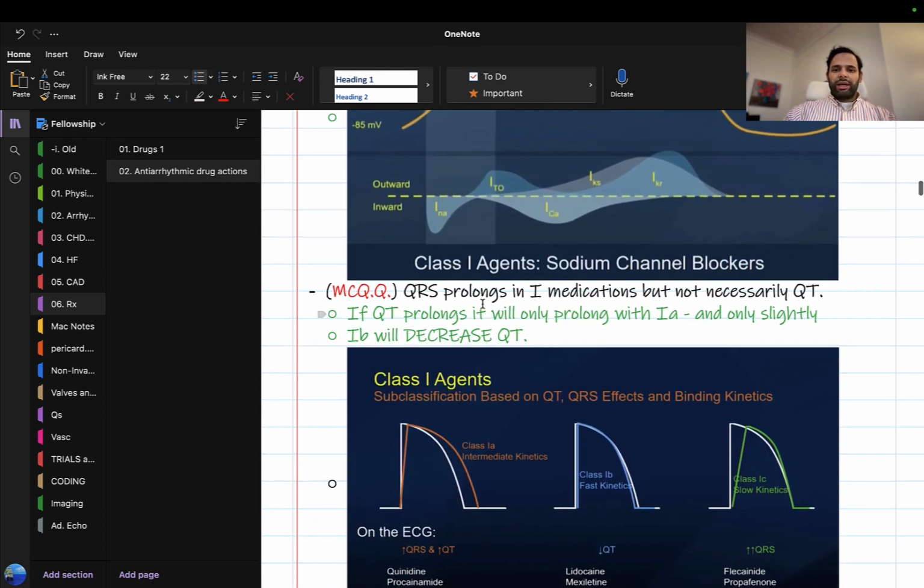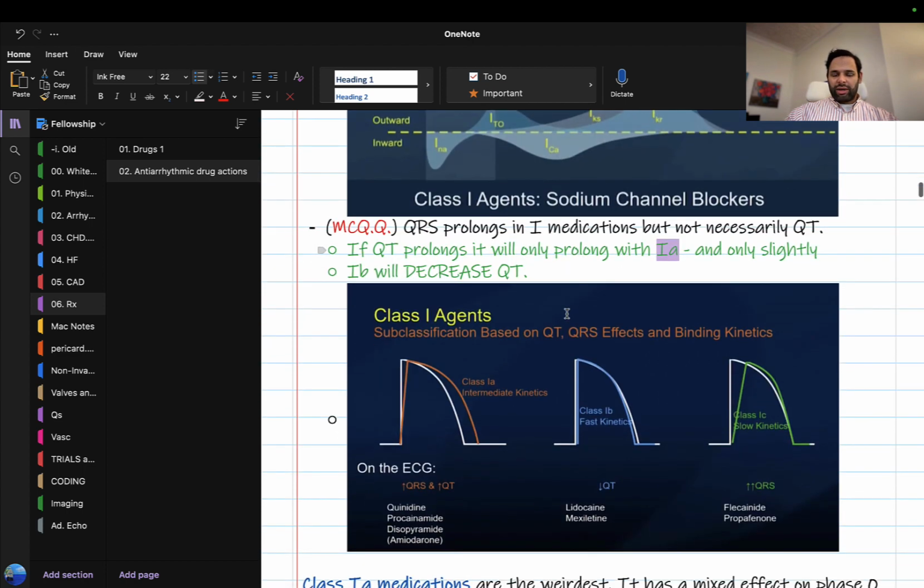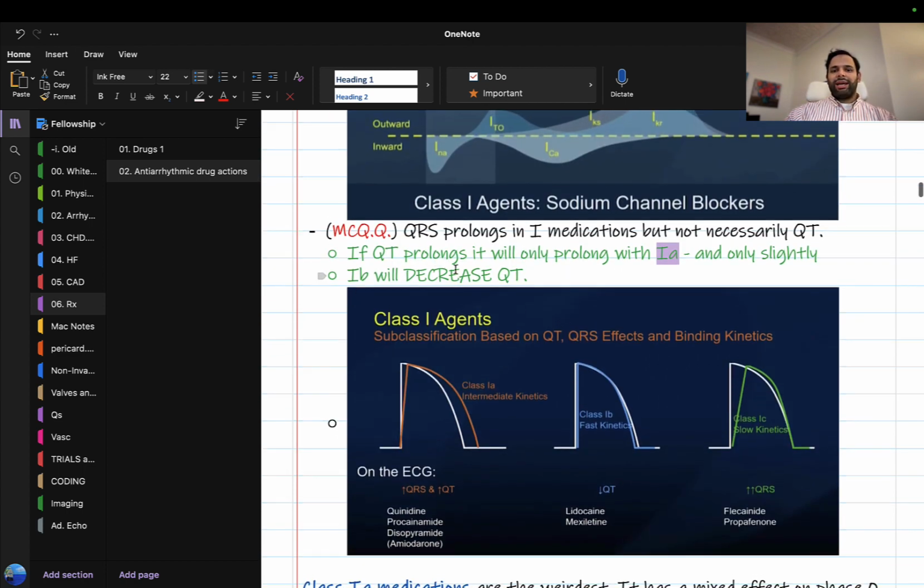QRS prolongs with class 1 medications, but not necessarily the QT. This is an MCQ question. If QT prolongs, it will only prolong with class 1A, but slightly less than class 3. 1B medications can potentially decrease the QT. You see here, class 1A, 1B, and then 1C. These can potentially decrease the QT, but they have very little effect on the duration of the QRS potential